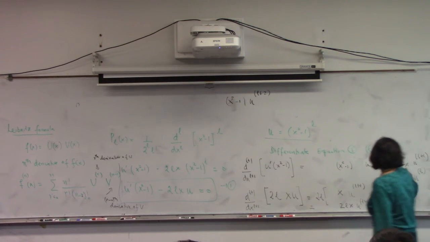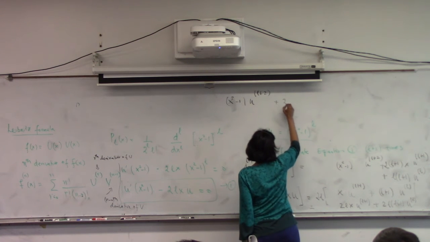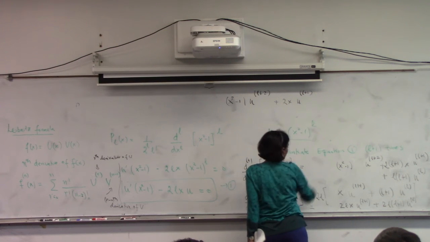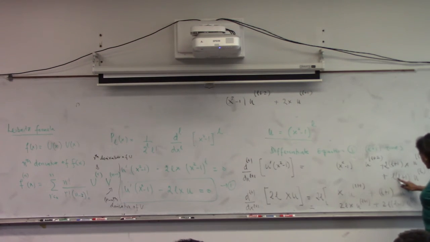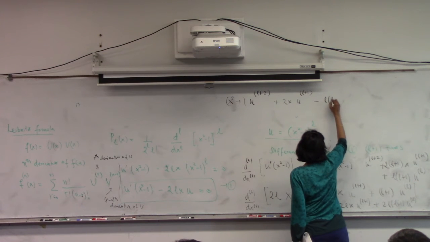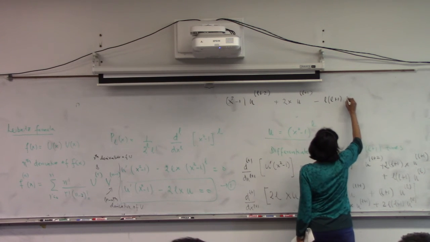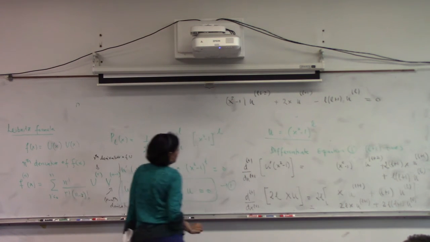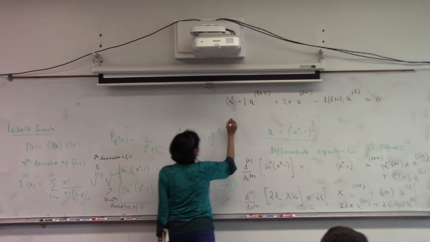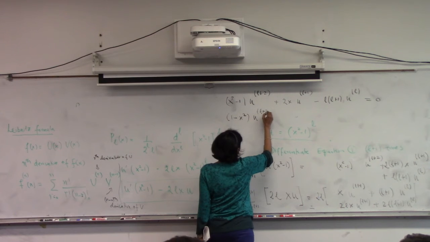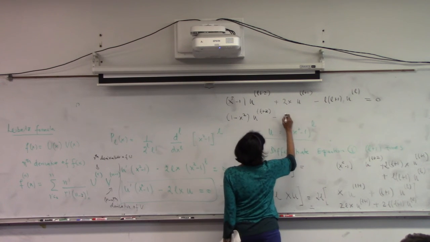So all I'm left with is here plus 2x times the L plus 1th derivative of u, all right? And here I do have minus L times L plus 1 times the Lth derivative of u equal to 0. So if I multiply by negative 1, this becomes 1 minus x squared times the L plus 2 derivative of u minus 2x